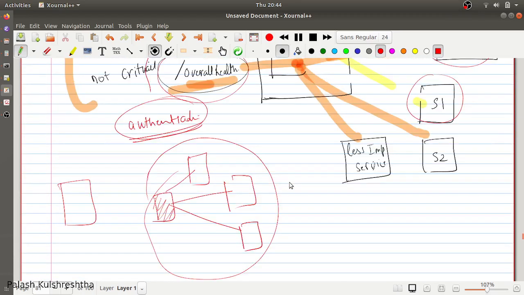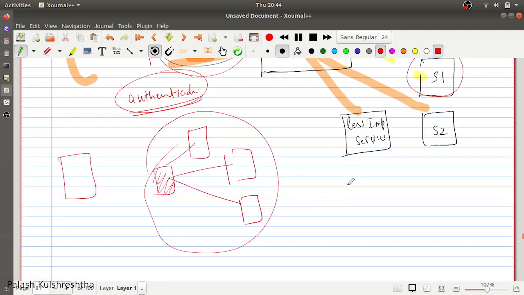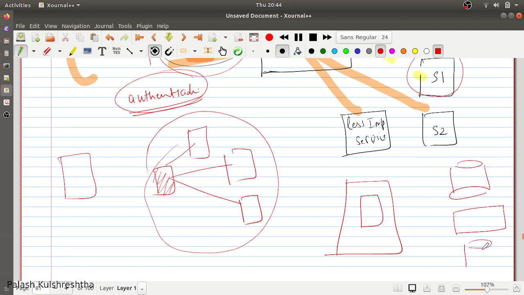Other things that we have to keep in mind when using this application health monitoring endpoint pattern is that the work you are doing when you are checking the health of your system can overwhelm the system.